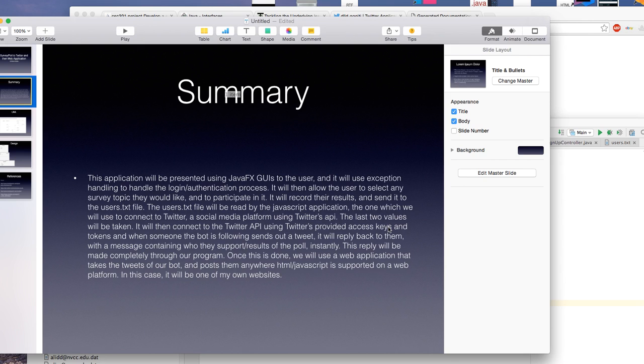So we can use an indirect measure, and we can use a text file, and basically, let's say they score like a 40, 60, 50, 70, 80, 90, 100 based on the score they get from the algorithm. The last two values will be taken, and then it will be connected to our JavaScript program. Once it's connected to our JavaScript program, we're going to use Twitter's API, and